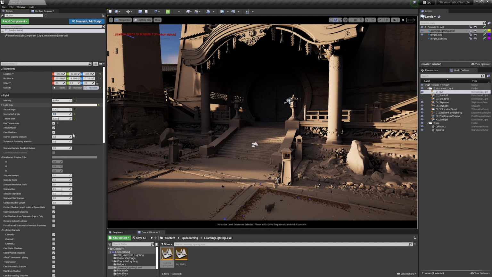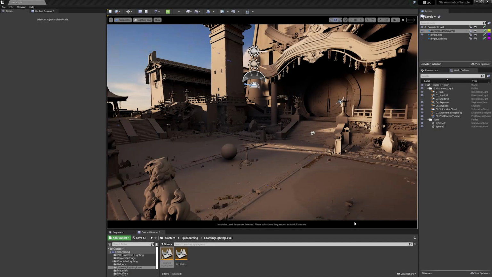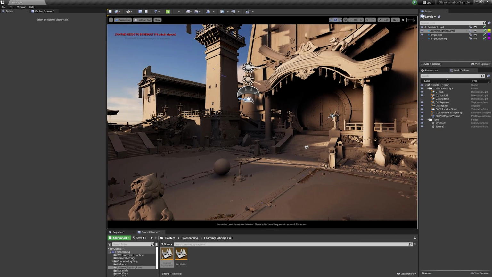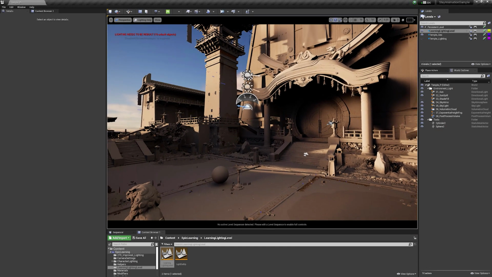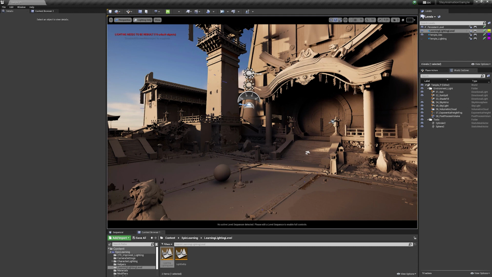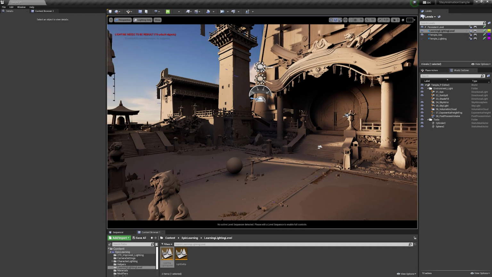We have our intensity set to 8, and we're all set. All right, so lighting is looking pretty good. We've got our sun spill in, we've got our main sunlight, we have our volumetric clouds, we have our skylight, we have our sky atmosphere, and the only thing we haven't messed with so far, other than the exponential height fog, is the shade fill. So we'll go over that here in a few minutes.